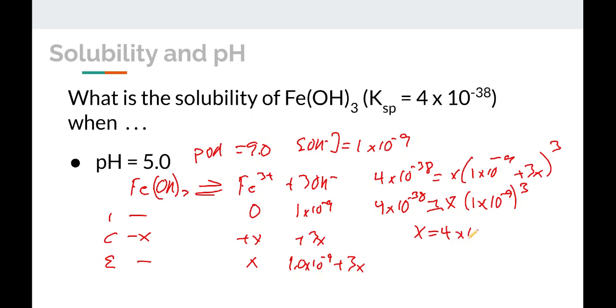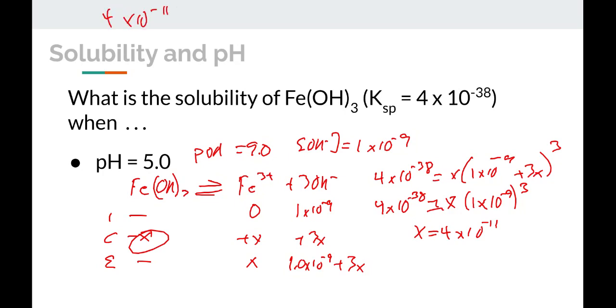It comes out to 4 times 10 to the negative 11th. So the amount in moles per liter of iron 3 hydroxide that you could dissolve in pH 5 would be 4 times 10 to the minus 11th. Okay, let's keep that in mind